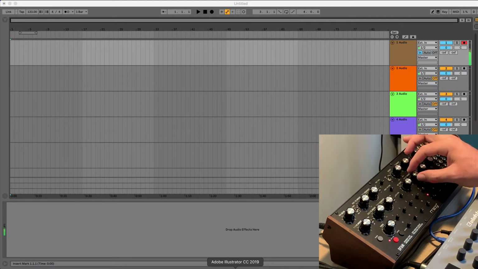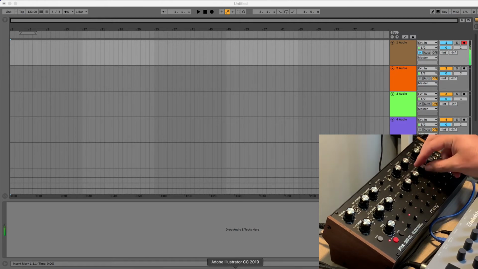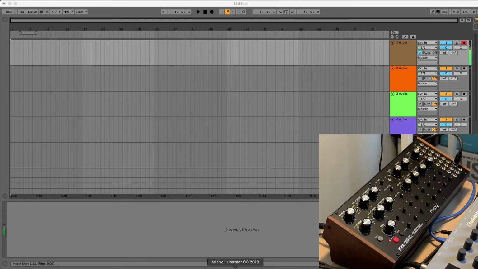No filter envelope. Set that to 0. This adds some noise. Filter mode. Not really feeling it. Let's just go with this. Okay, so